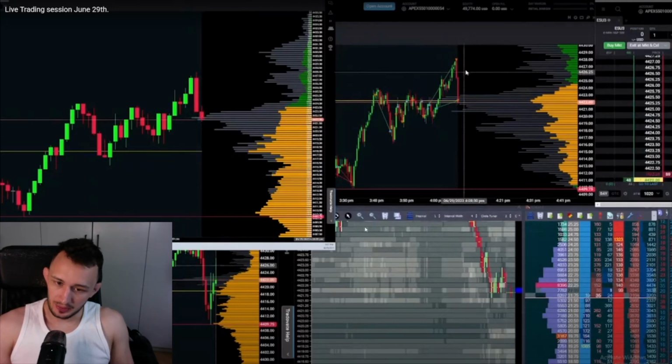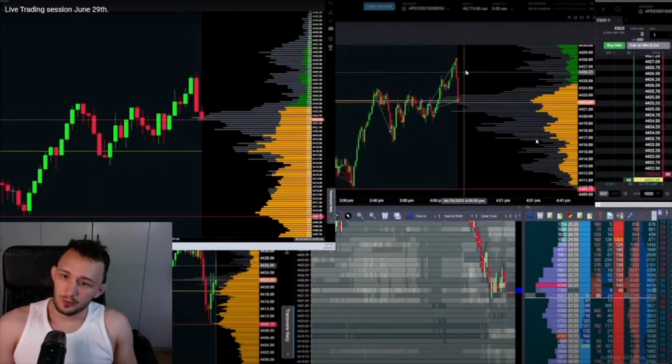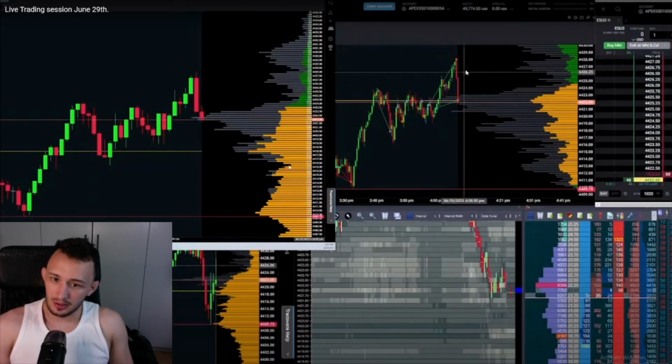Just gonna explain real quick what I'm looking at. So this is my new setup that I'm using now. I do have a 4000 tick chart here, which I'm looking mostly at for my pivot. I do have this volume profile, so this is a weekly profile. Then I do have on the bottom a monthly profile, okay, and I do have a daily profile here as well. So I always know where the value area high and low are and where the low nodes are,